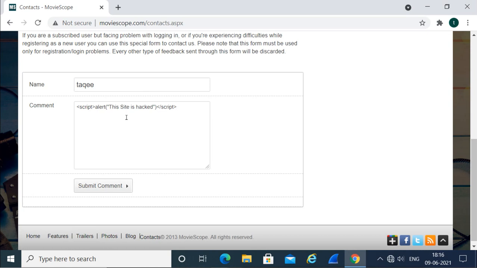Now what happened, it will be executed and it will be added into this page. And when the other user comes, not only on this machine, anywhere else, if any user is accessing this site and comes to this particular page, it will run this script, and it will see the window or whatever the attacker has created the script to show.